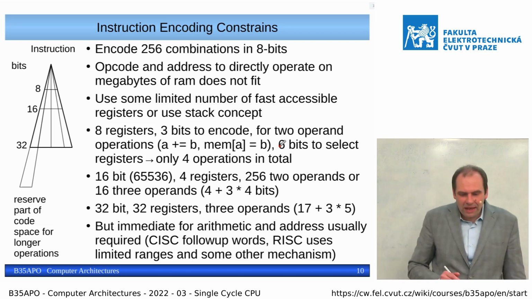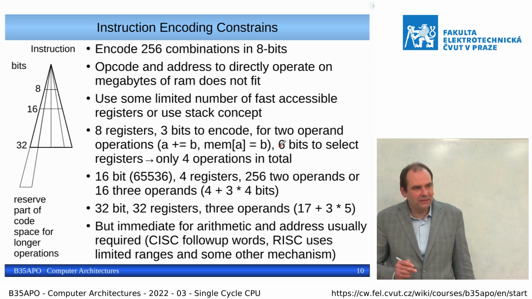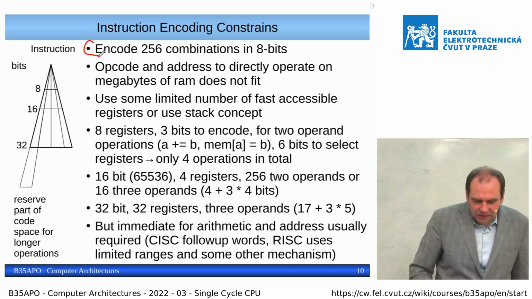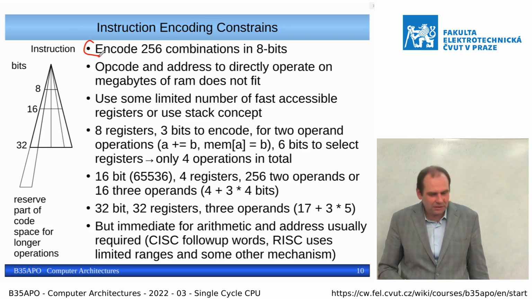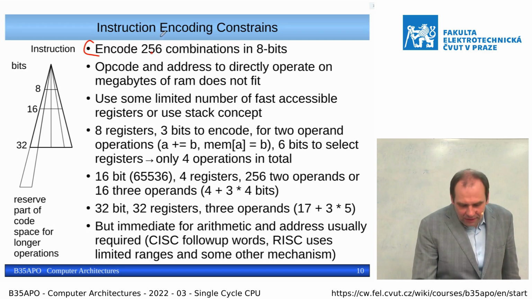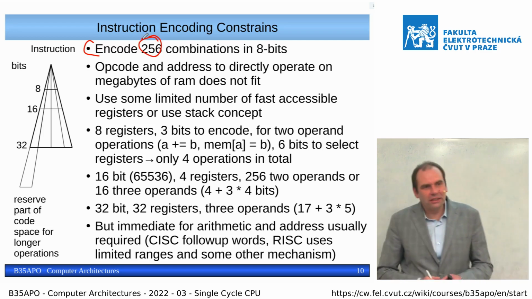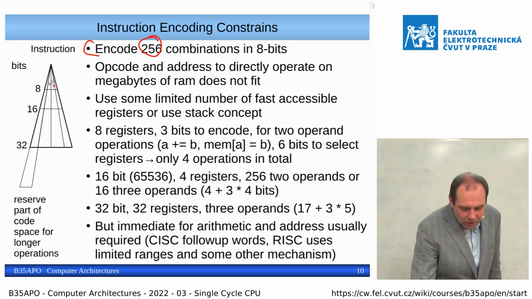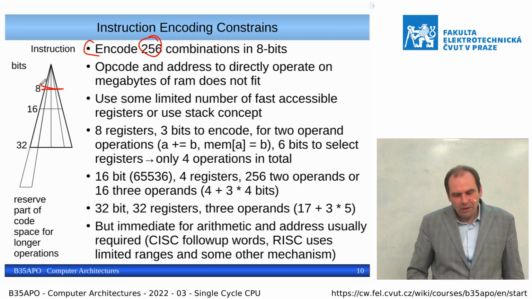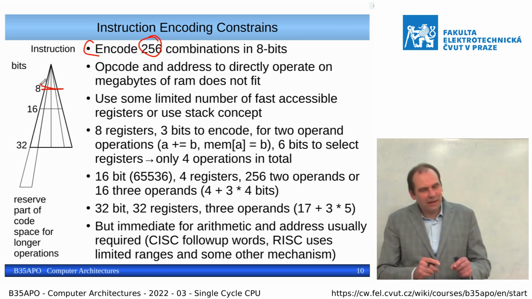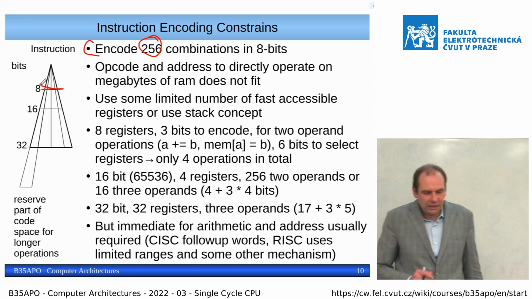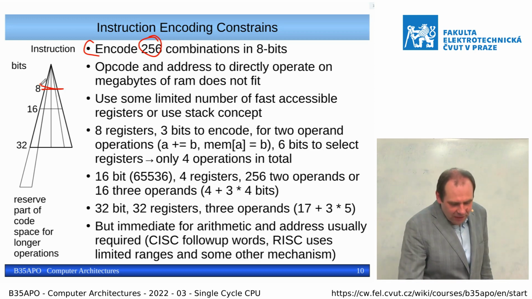Now, how to encode the opcode and the operands in the instruction? At the start, we can think about the 8-bit CPUs from the 80s or 70s. If you want to fit the instruction in 8 bits, then you can encode 256 combinations there. But if you want to have registers which allow fast access to data and processing of the data internally in the processor, then, for example, if we decide that we have 8 registers,